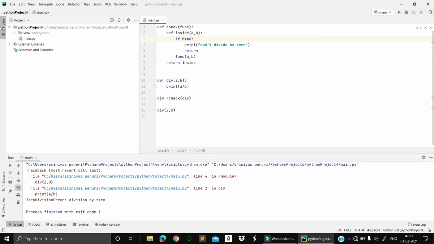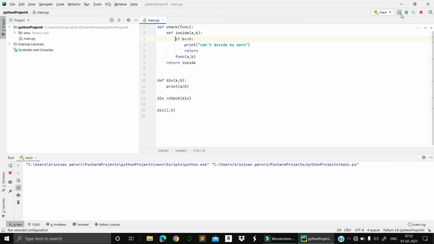Okay, now let's run this one. Will it happen or not? Can't divide by 0, correct, right? Because it is 0. But I don't want this one. I just want to print another thing. So you are getting 2 comma 4, because irrespective of the value of b, if you have b not equal to 0, then only it will happen. If it is not, you can write otherwise.